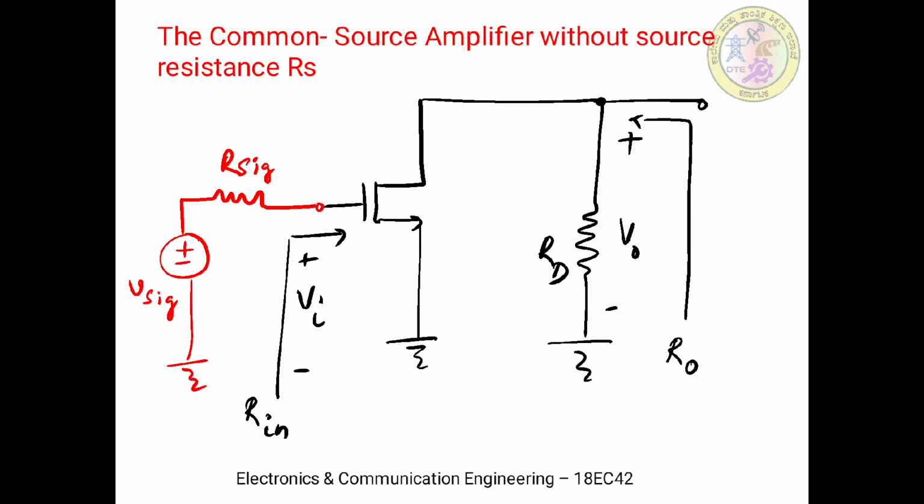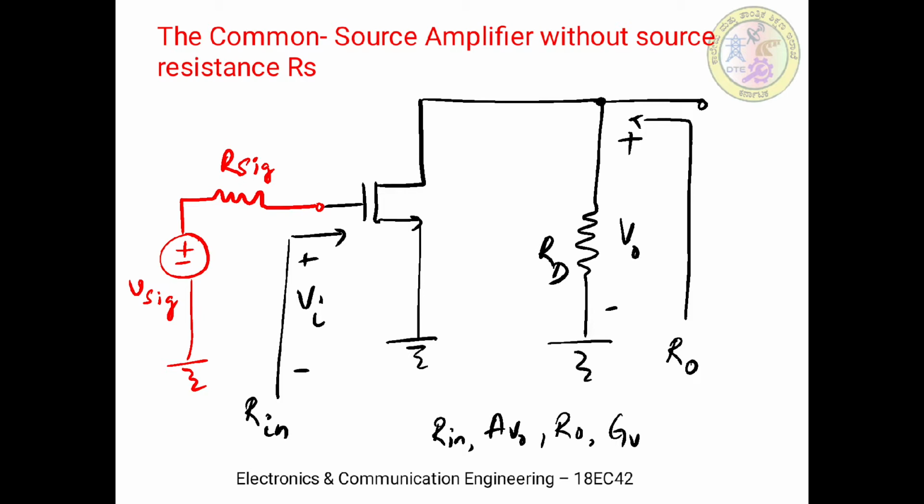Okay, so now here our intention is to determine Rin, AV0. So we have to find, or we have to write, what is Rin as well as AV0, that is the open circuit voltage gain AV0, output resistance R0, and overall voltage gain GV. Okay, so these parameters can be written by analyzing the circuit shown in the figure.